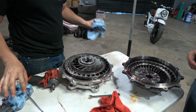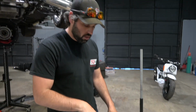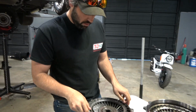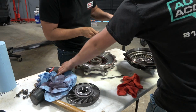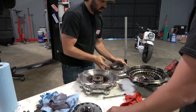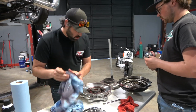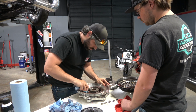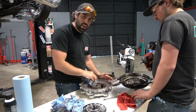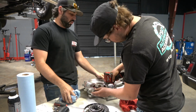And that's really it. So we're not taking all this Johnny apart yet to make a stator change. It's a 1634 stator. So what we're gonna do now, we'll take all this stuff out and stack it just like it came out. I guess we're really looking for any excessive wear or something that doesn't look like it should be. It's very difficult to look for something that shouldn't be there when you don't know what it's supposed to be like. Do you want to use a wrench on that or just...